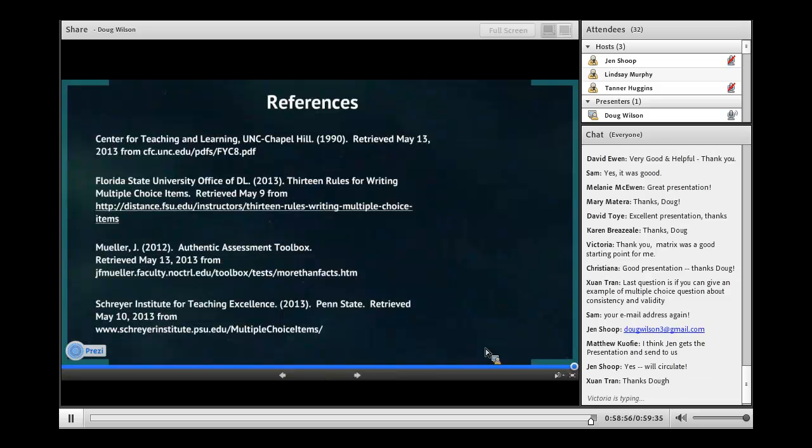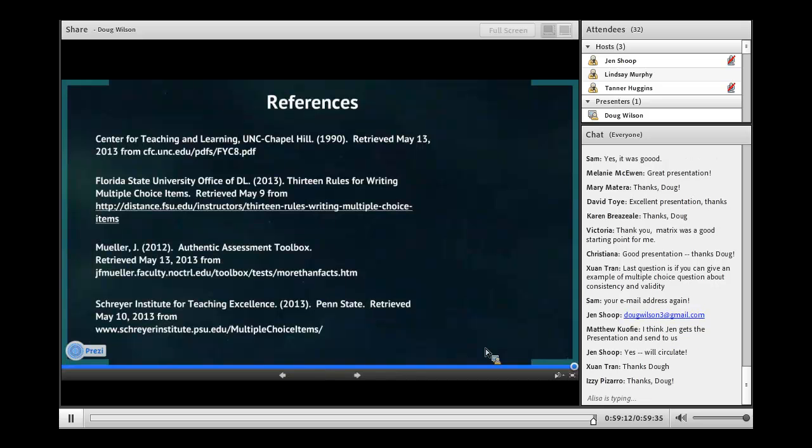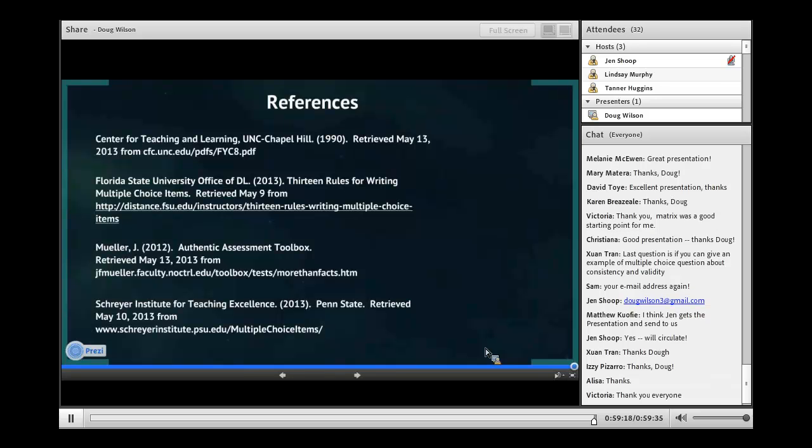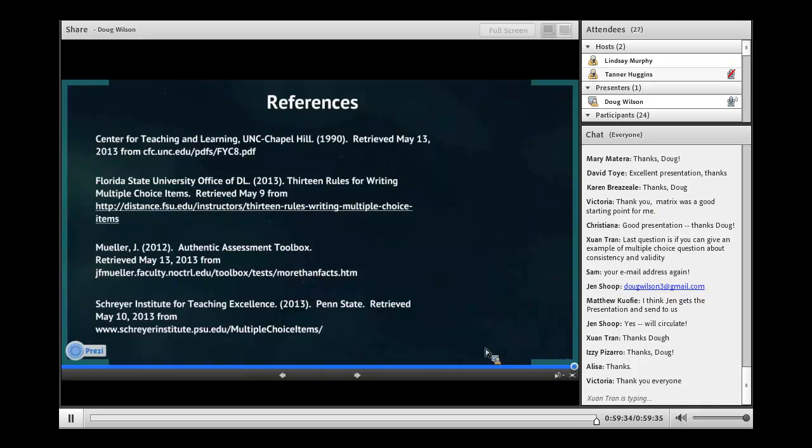Wow. I'm sure there is one for consistency and validity. I can't think of it off the top of my head. I think that I put that portion of the presentation in there because it is important for test reliability to mix up the questions in such a way that you have some knowledge level, you have some higher order thinking questions in there, and specifically a question about that